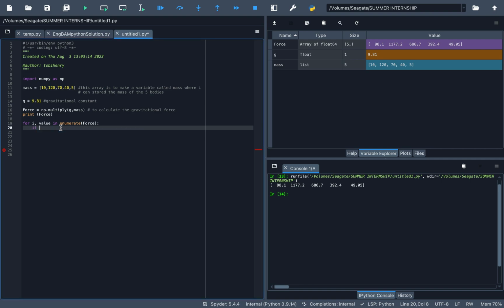So if value, which is in this case each value here in the first array, this statement says for each value in the first array, if it is less than 500